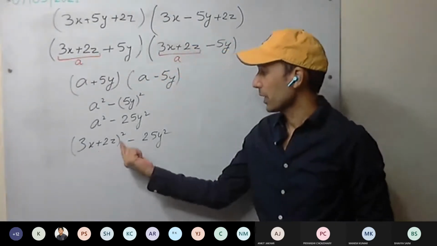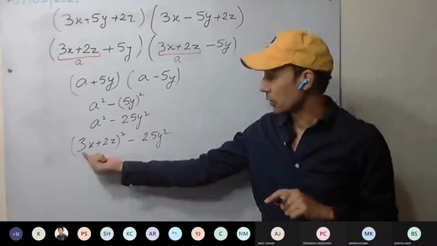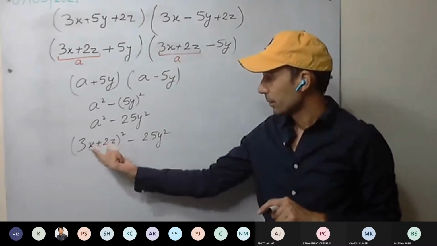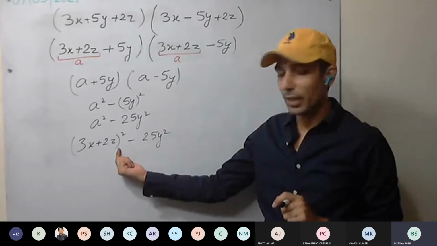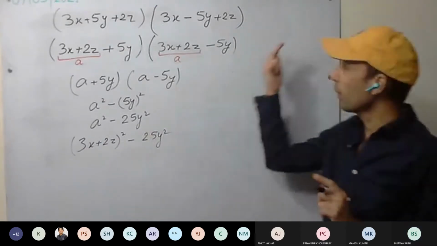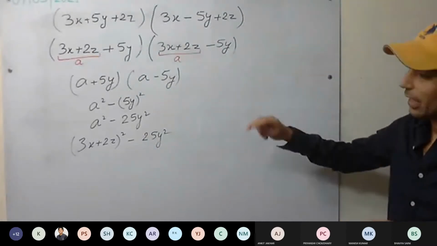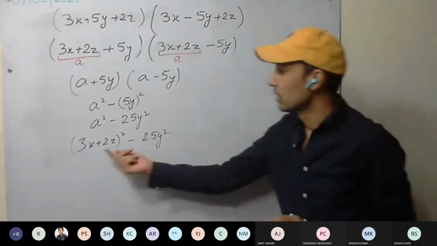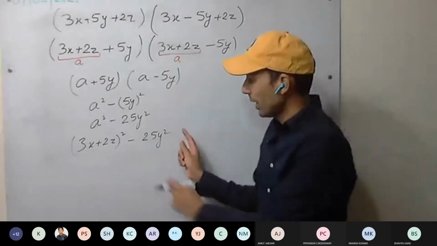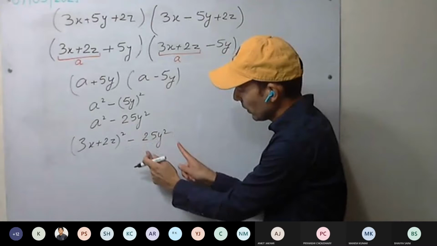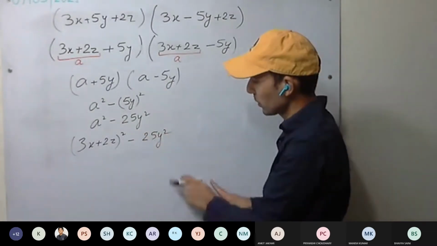So 3x plus 2z the whole square. We will use which identity, first, second, or third, to solve this one? First, a plus b the whole square. First identity. Okay. We have to remember only three identities. The rest we can derive from them, like a plus 1 upon a. Those we can all derive. So expand it using the first identity. And this will go as such. We don't have to operate on it.